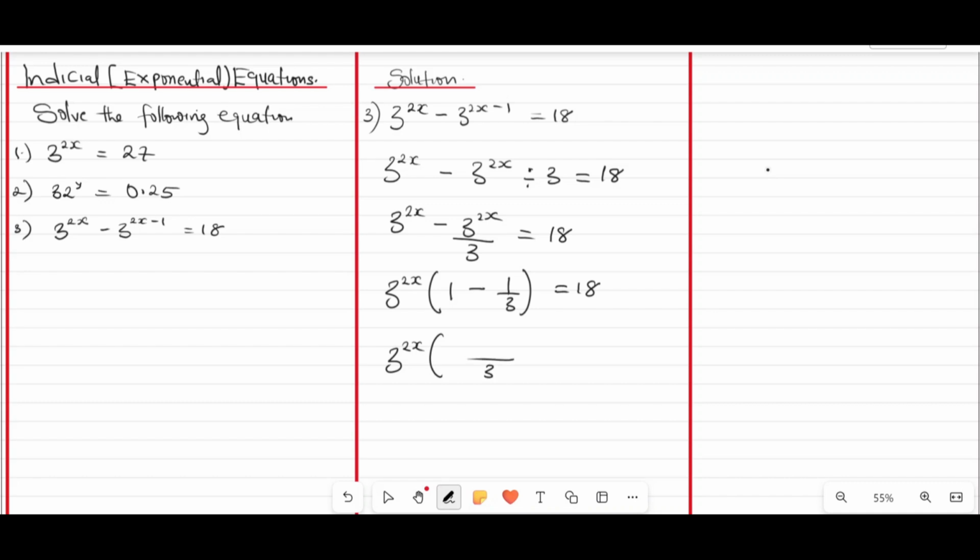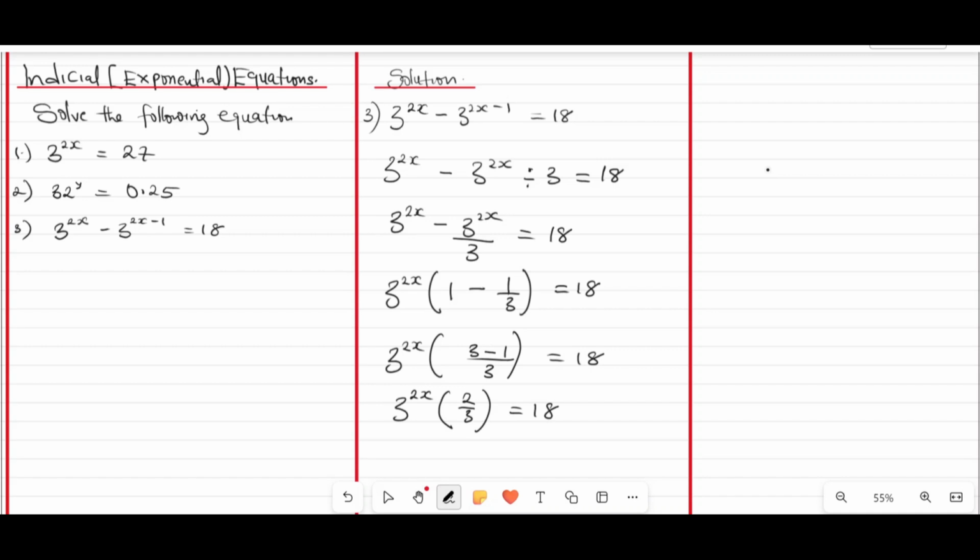LCM is 3. 3 divided by 1 is 3. 3 times 1 is 3, minus 3 divided by 3 is 1, 1 times 1 is 1. So we have 3 raised to the power 2x open bracket 2 divided by 3 equal